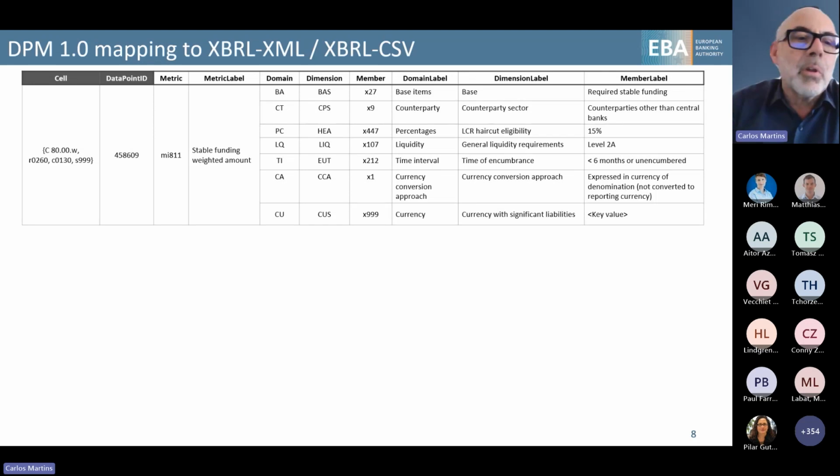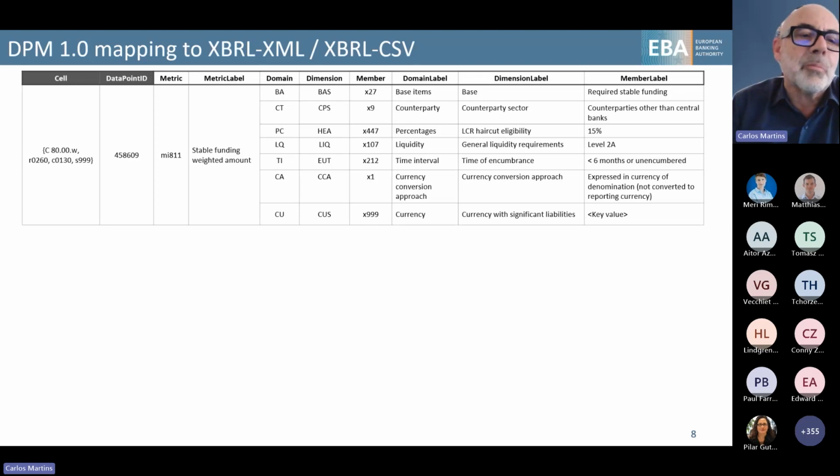What you see in this table is information queried from the DPM. I'm using 1.0 because that's the one still being used and mapped. It's metadata about one single cell, of template C80W, row 260, column 130, and S999.